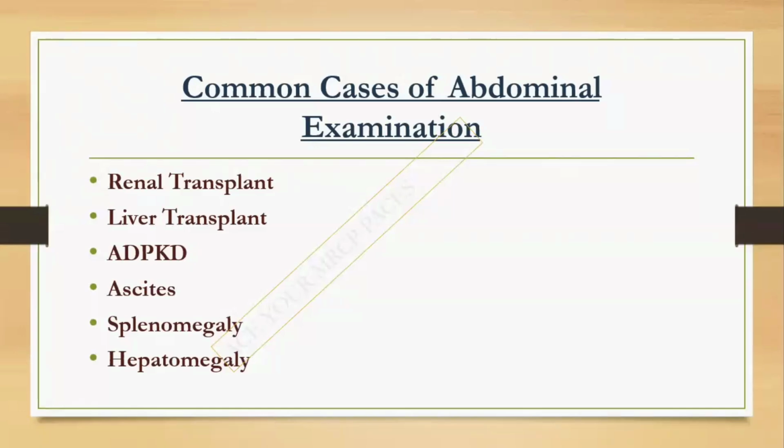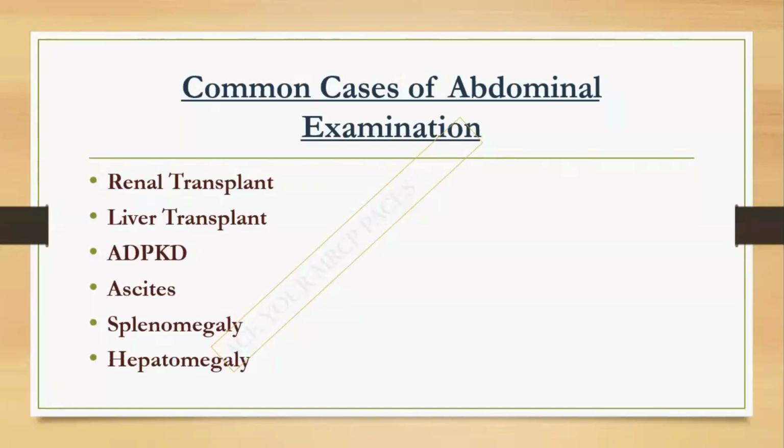For example, you came inside the room and you get the command that this patient has decreased urine output. Just examine his abdomen, and you start your examination. You come towards the foot end and you find this Rutherford Morrison scar. Now, what does the examiner expect from you? Everyone can tell yes, this is renal transplant, but this is not actually the criteria to get full marks. You should tell the examiner, in your 5 minutes examination,